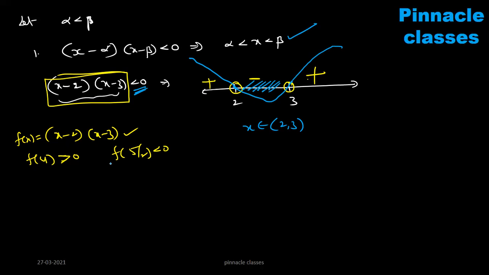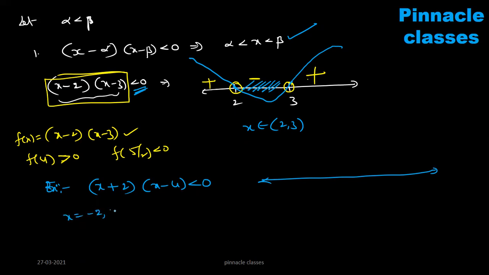Once again, I'm giving one more example. See, same model: x plus 2 into x minus 4 less than 0. Dear students, take the number line, everyone. Again, what are the zeros here? Suppose you equate it to 0, x is equal to minus 2, 4. So please identify these numbers on the number line. One is minus 2, another one is 4. Strictly less than 0 means what? These are excluded. Fine.